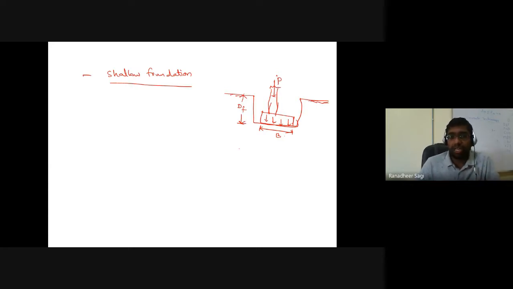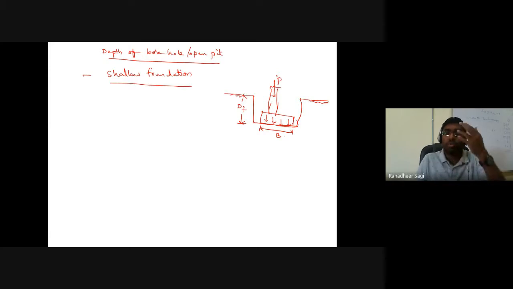Now, my objective here is to understand what should be the depth of your investigation. In the process of this geotechnical investigation or soil exploration, I just want to know what should be the depth of the borehole or your so-called open pit. In case you are going for an open pit, or in case you are going for a borehole, what should be the depth till which I should continue to understand the condition of the soil? Till what depth below the ground level should I carry out my geotechnical investigation?